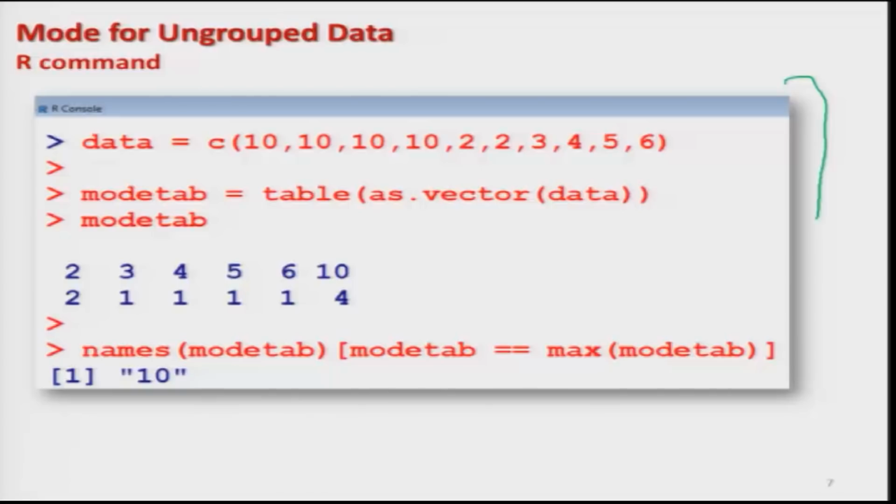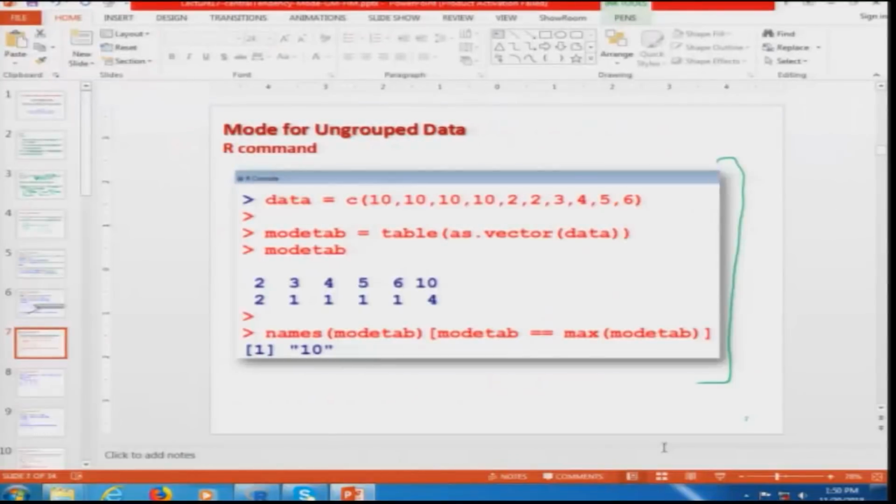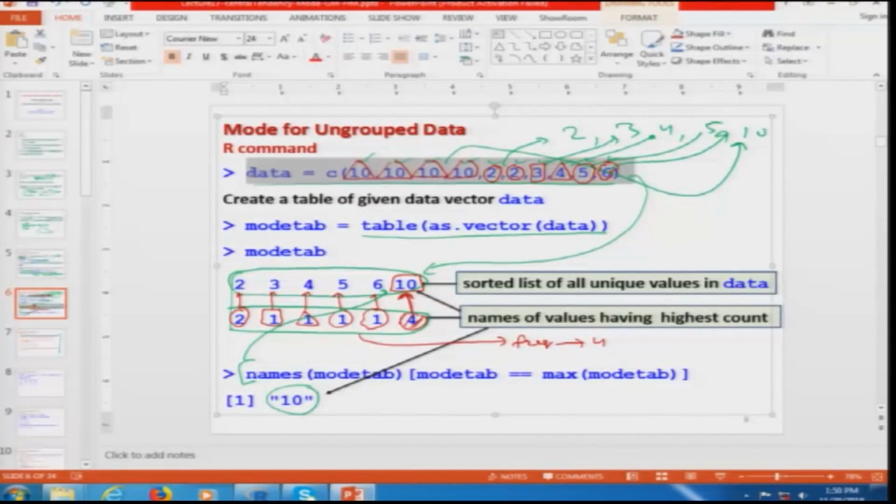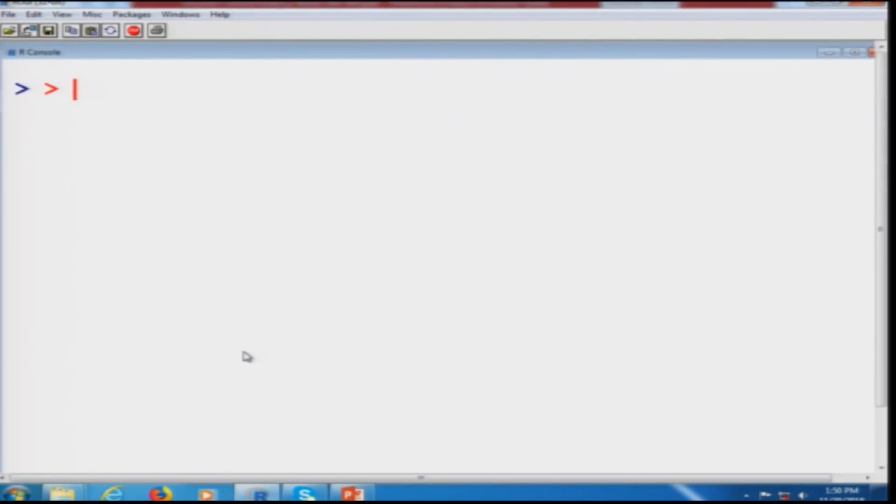And this is the screenshot, and I would request you to please try to execute it on your data also. For example, I can show you on the R console, but unless you do it with your own hand on the R console, you may not really understand it.